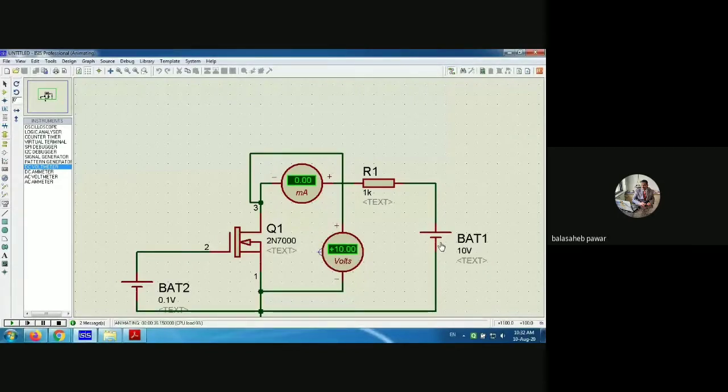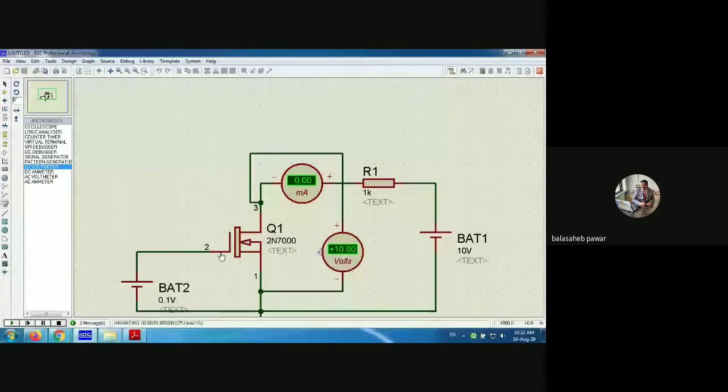See, the transistor is in off state. Why is it in off state? Because the applied input voltage is less than the threshold voltage of this transistor, which is given in its data sheet. It is given as 0.8 minimum, right? We applied only 0.1. That means this transistor is in off state. It is acting as an open switch.